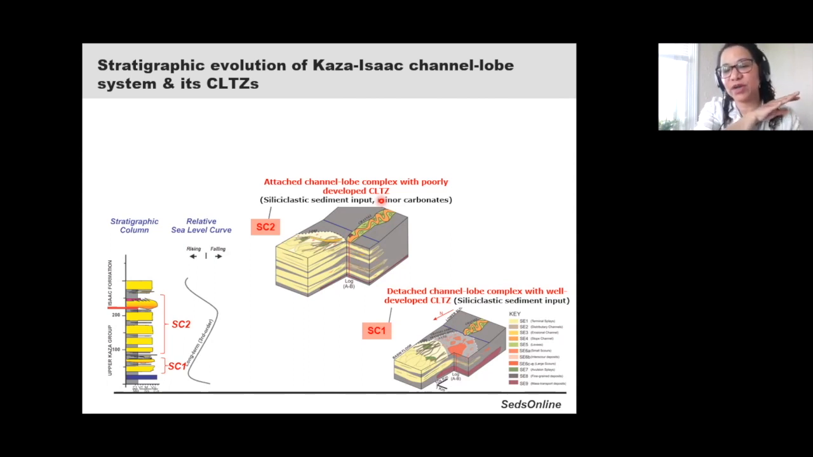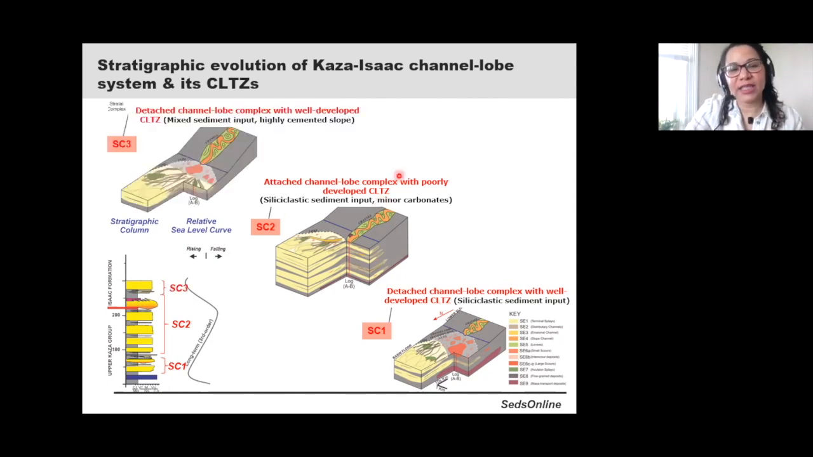So we think that that carbonate platform was incipient at this point. And last but not least, the detached channel-lobe complex was created when the sediment was more intermixed. The new introduction of sediments and carbonates in this system made a big difference in the way that the flows were behaving. They were more efficient at moving through the areas and